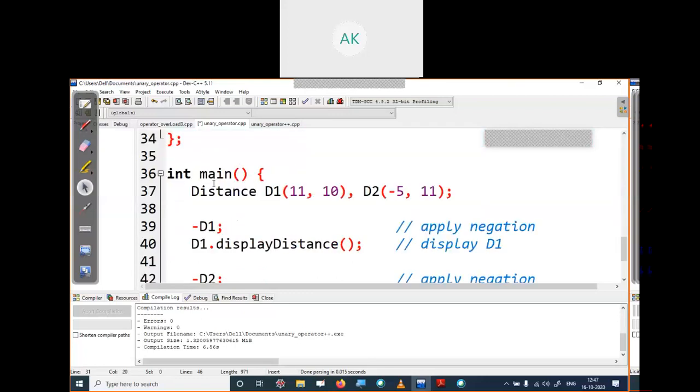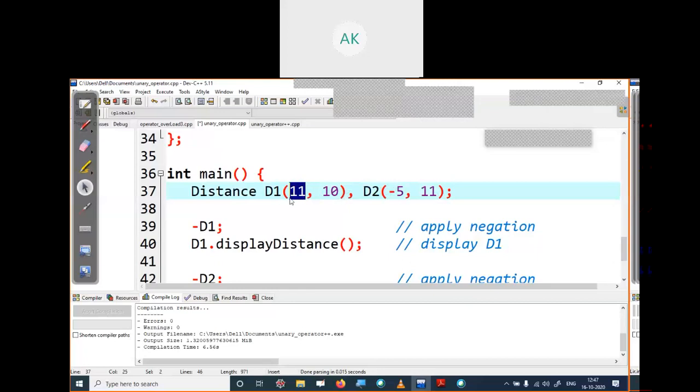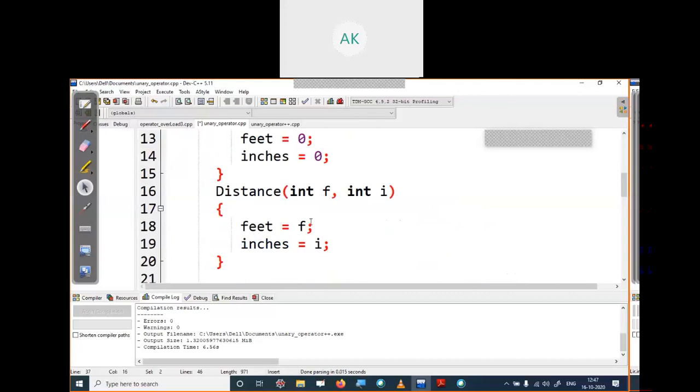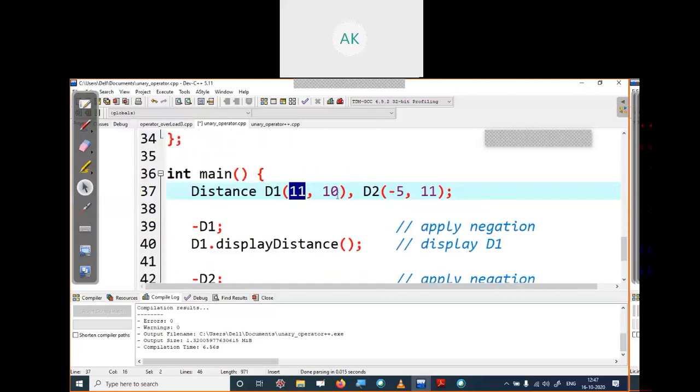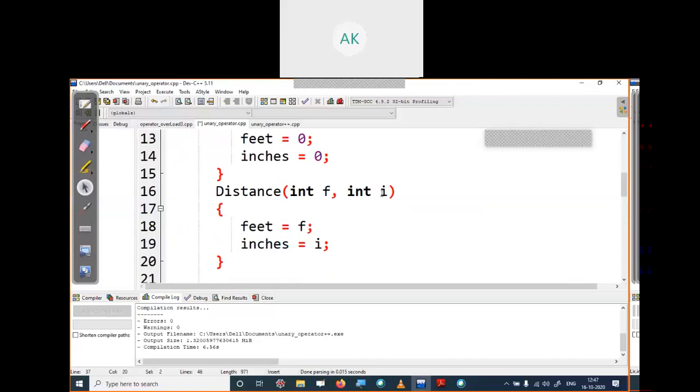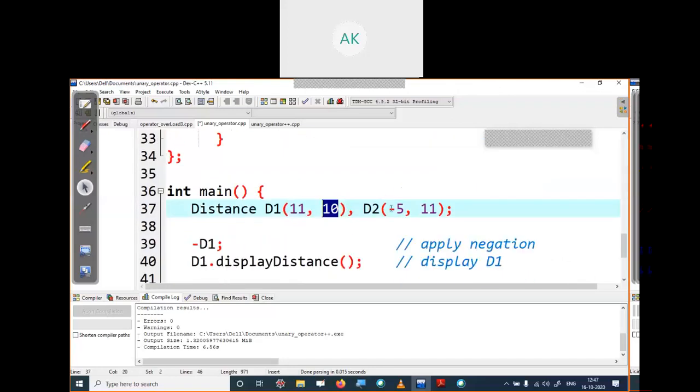In the main method, I declared two objects, d1 and d2. Distance is my class name, d1 and d2 are two objects with some parameters. The first parameter is 11, which I passed, meaning the value of f is set as feet, and for the next parameter I pass 10, which will set the value of n, which is inches. Then for the second object, the value of feet is -5 and the inches is 11. We have created two objects,